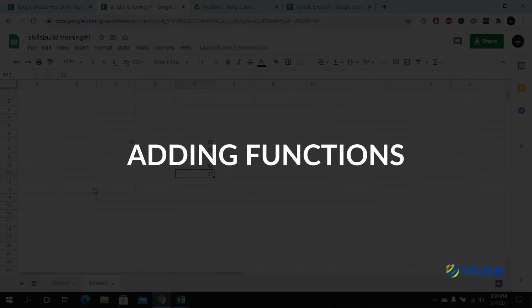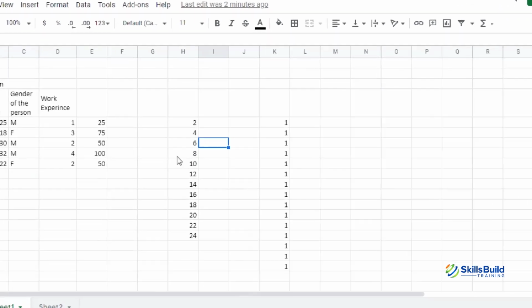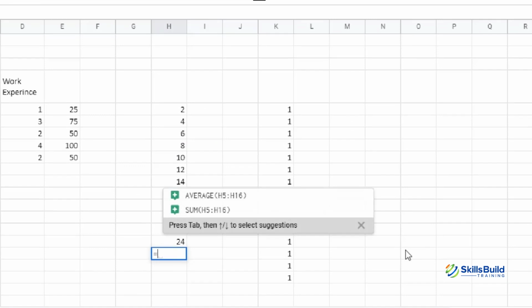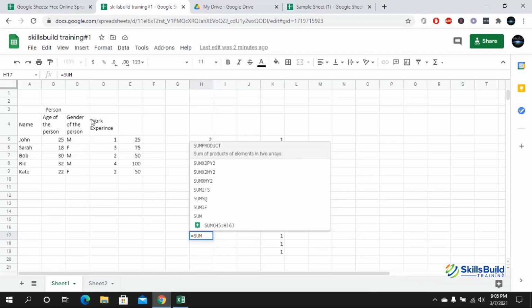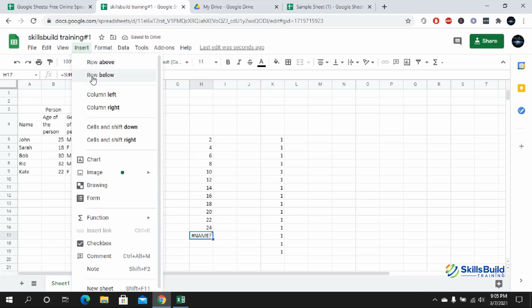So now let's talk about adding functions. There are multiple functions that you could use. So let's say that if I want to use the sum function, I could do so. I'll just press the equal sign here, and write sum. I could do so, and I could also do so by going into Insert, and from here I can come